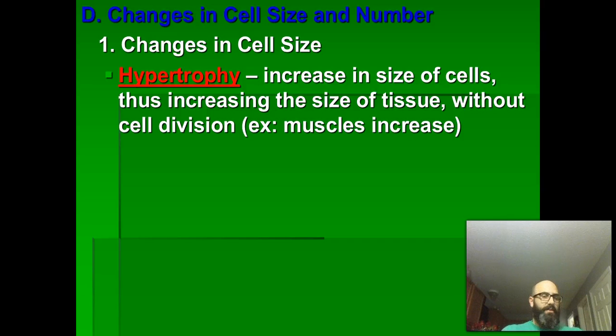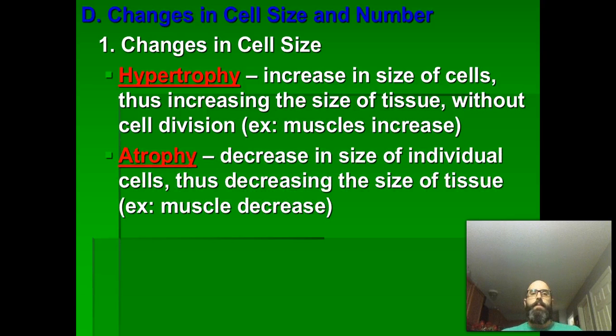So, if you increase the cell size, you increase tissue size. Hypertrophy is what occurs when you increase the size of your muscles. You don't get more muscle, you have the same amount of muscle, just those cells get bigger. So, you could look at it this way. When you're born, you actually have a set amount of muscle cells, and as you grow, you are more so increasing the size of those muscle cells. Comprende?